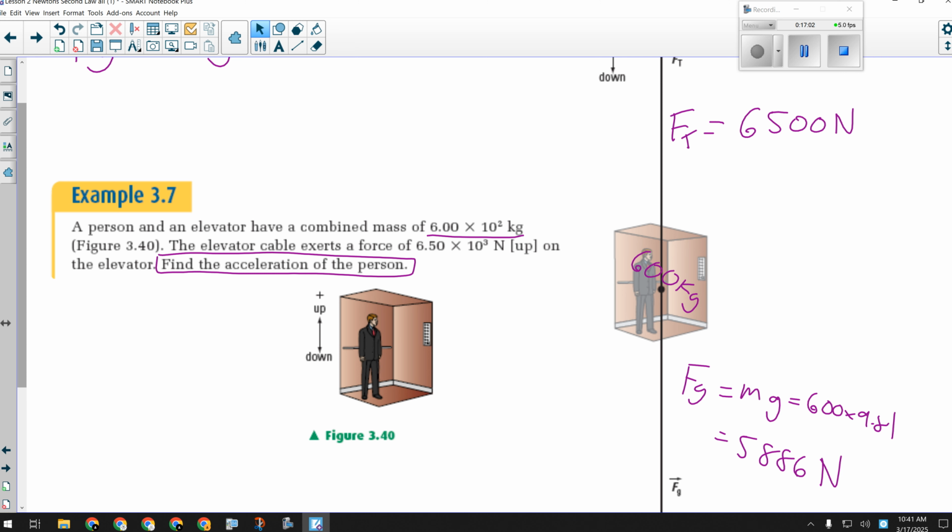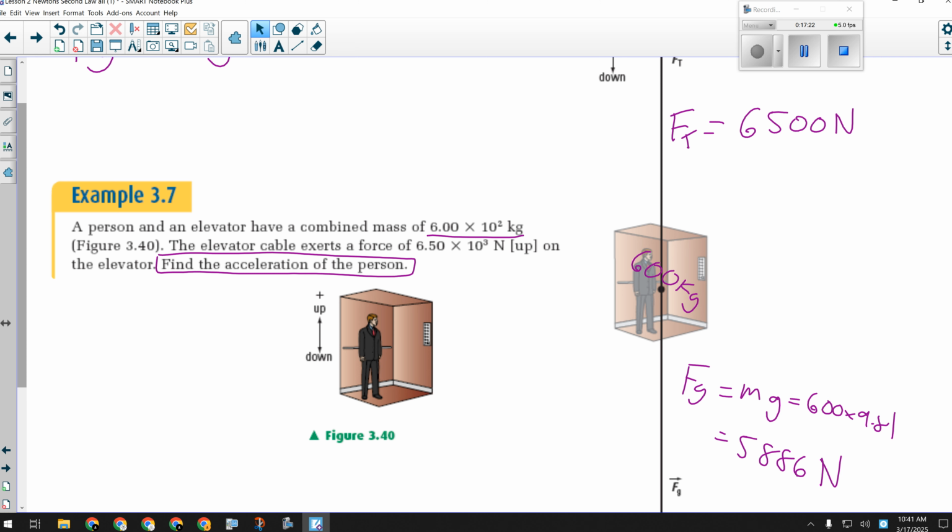Accelerating. There's a net force, right? The force up is greater than the force down. So we would obviously have an acceleration upwards. Now, most of the trip, the tension in the cable will be 5,886 newtons, and the elevator will travel at